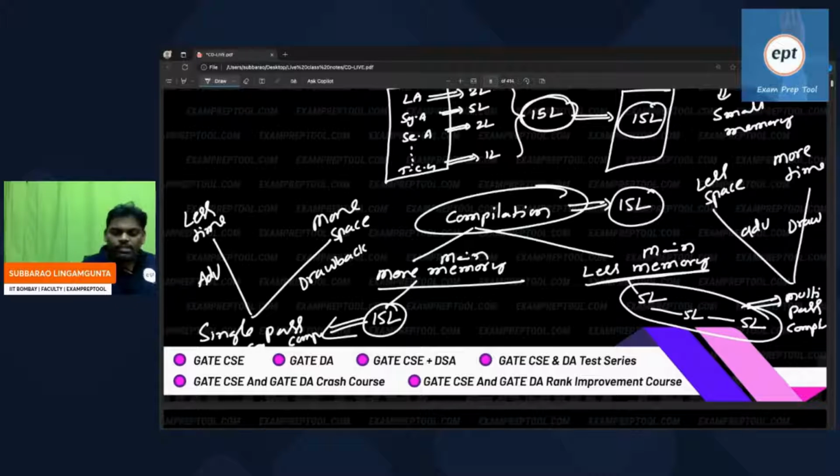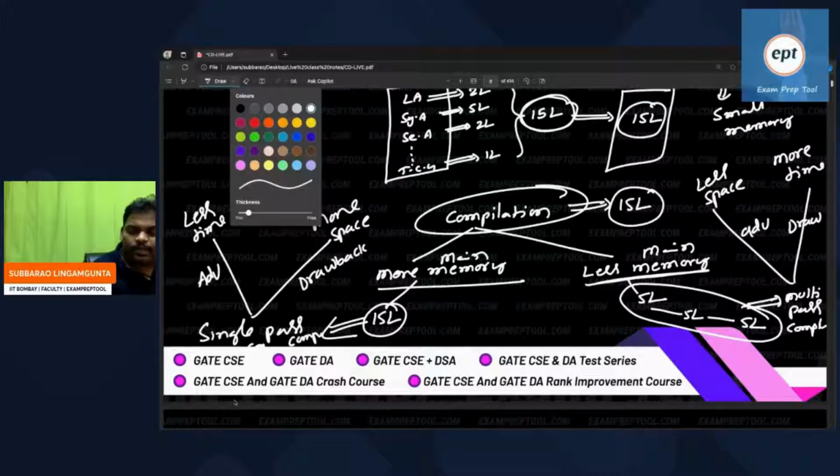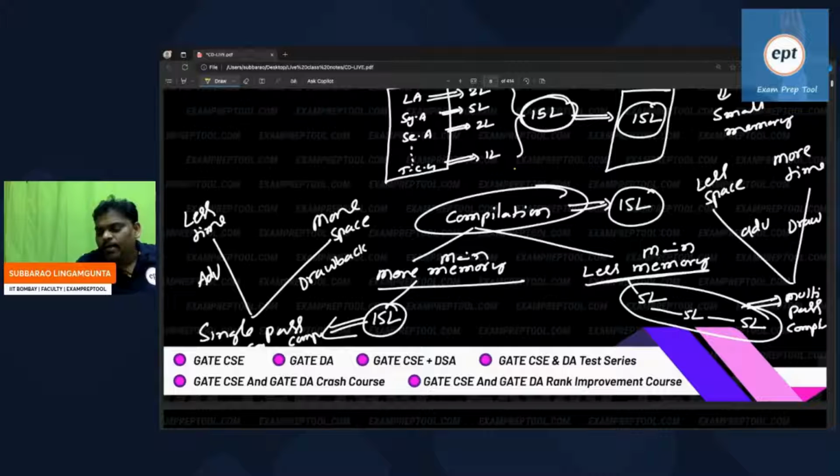So from this is the discussion. Please write properly. The discussion here is what is the meaning of compilation going on. Remember, compiler is a software. Compilation is going on means 15 lakh lines of code is running. 15 lakh lines of code running means 15 lakh lines of code should be there in the main memory. But main memory space may be less. If main memory space is less, 15 lakh lines of code cannot run, so it should run in multiple passes.